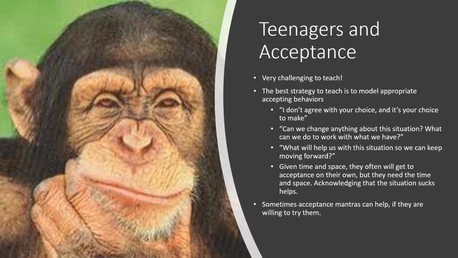So I could tell them, I don't agree with your choice, but this is your choice to make. Or if they decided not to go to group, well, this is an option. It's probably not the best option, but it's one that you can take if you want. And actually giving them that autonomy usually helps them see that they can make a different decision on their own, and they come to acceptance over time.